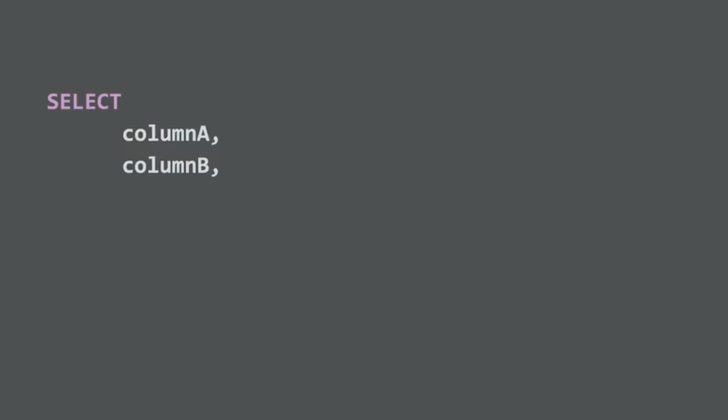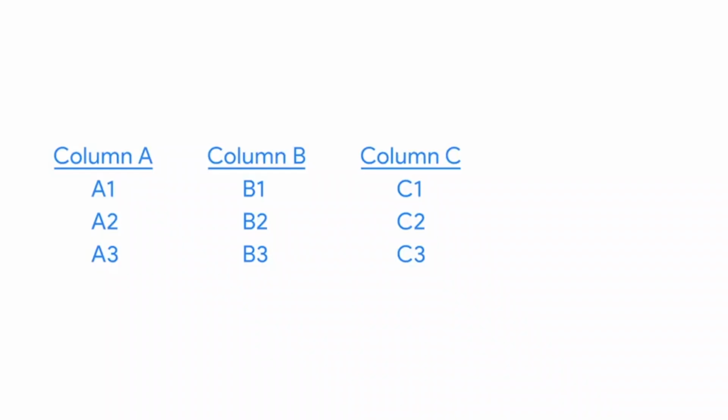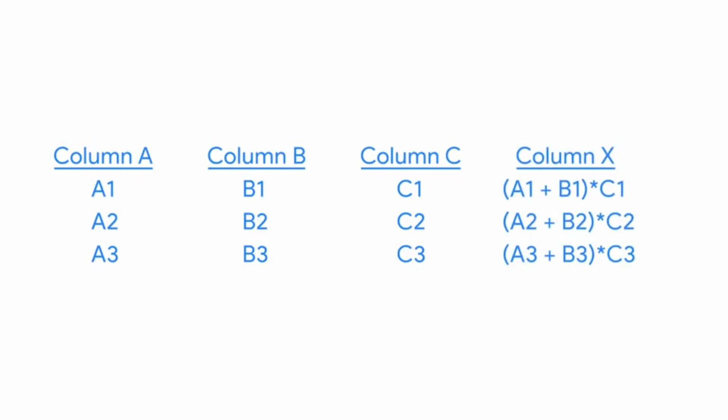If you needed to subtract, multiply, or divide, you'd follow the same steps using the appropriate operators. If you need to use more than one arithmetic operator in a calculation, you'd use parentheses to control the order of the calculations. So if we included column C in our query, we could place parentheses around column A plus column B. We'd then add an asterisk if we're multiplying, followed by column C. This query would return in a new column the sum of the values in column A and B multiplied by the values in column C.